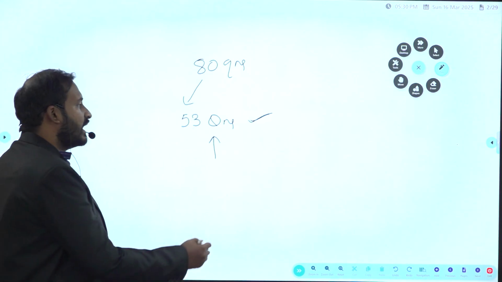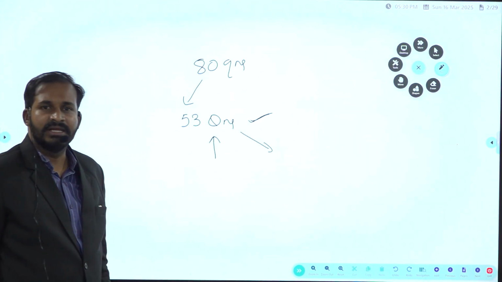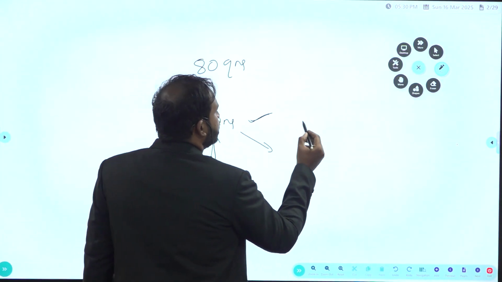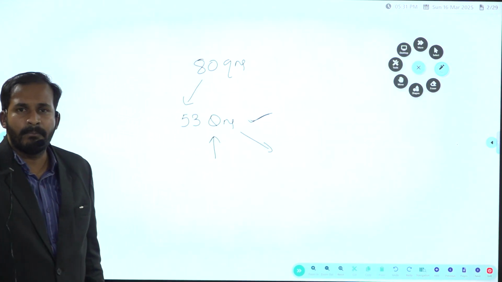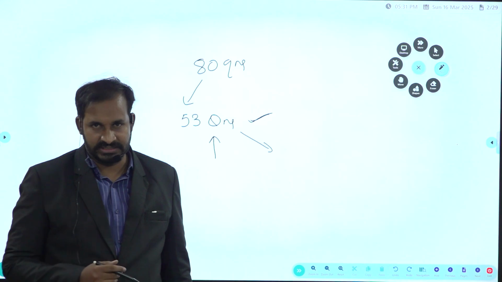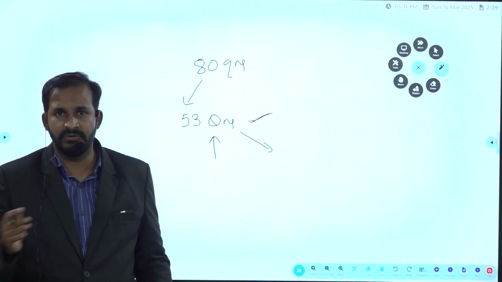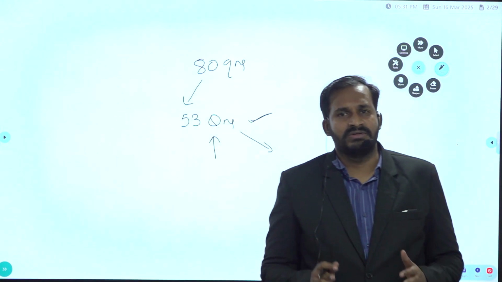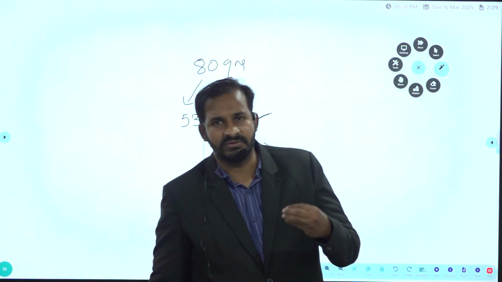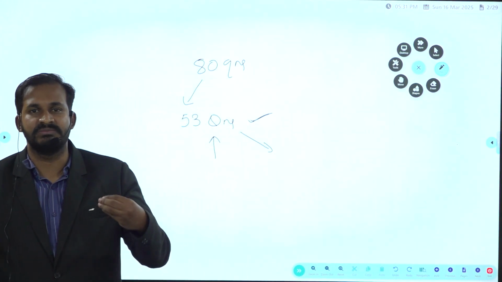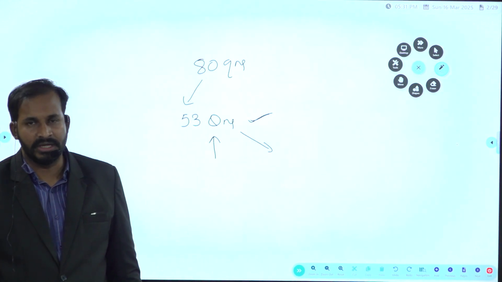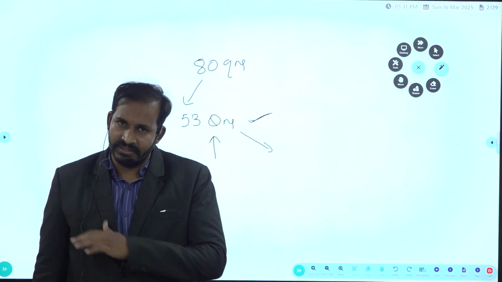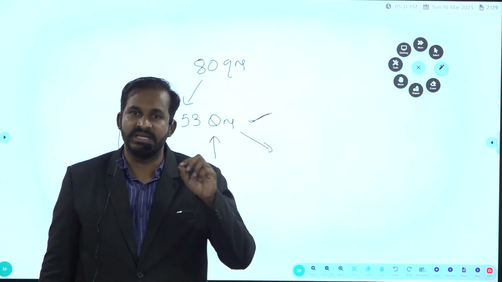Keeping that in our mind, we started digging out what is actually happening with the CSAT paper. If you observe carefully, earlier they used to ask questions in such a manner that if you apply a formula, you used to get the answers. But from the last 3 years, if you go through those papers, it is clear that they are asking questions from concepts instead of formulae. So we should learn the concepts thoroughly, then only we can solve the problems. Else it will be difficult for us to clear this paper. I am saying it very clearly.